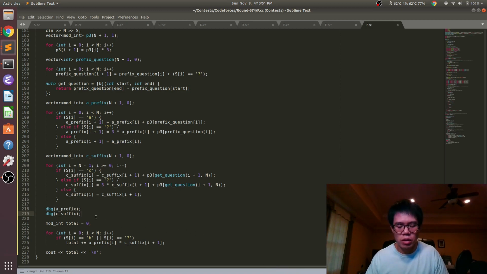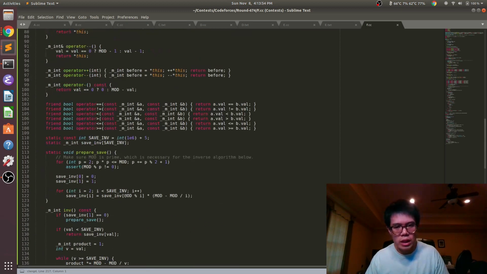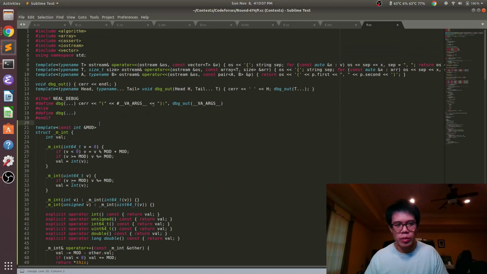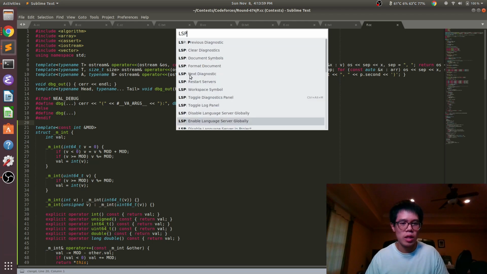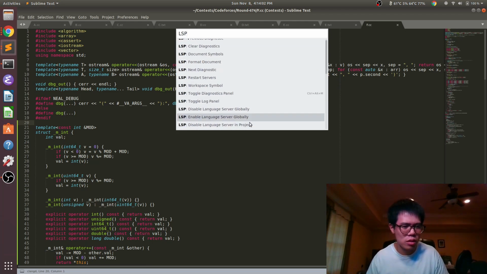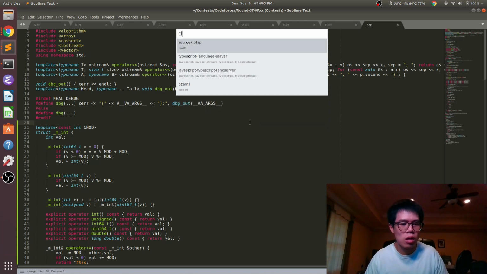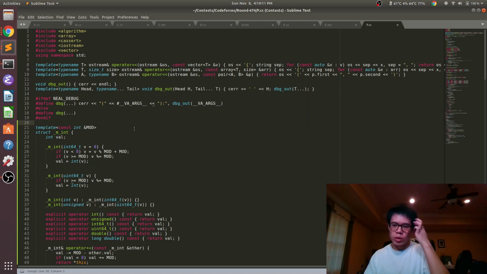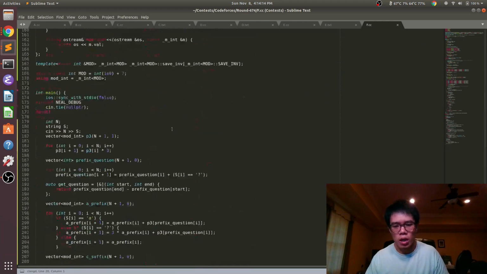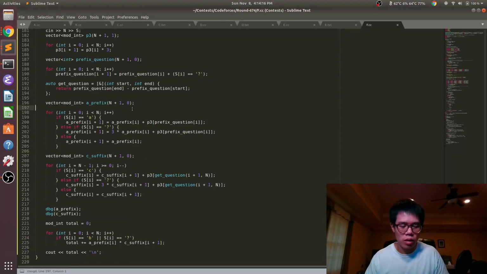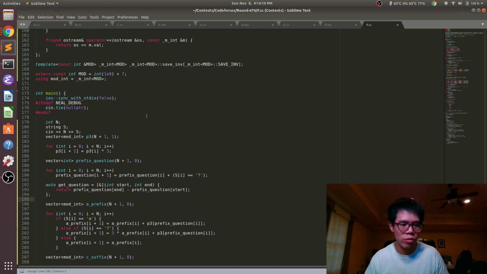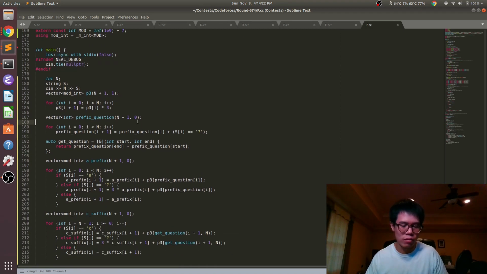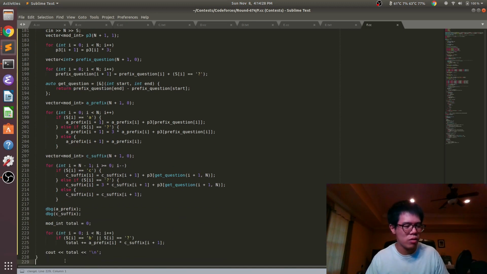So that was specifically clangd. This is actually something that Andrew recommended to me recently. You basically set up LSP with, maybe I need to do this. I think it's already enabled. I'm not sure why it's not showing up. But you set up Sublime with LSP with clangd, and you get just like compile checking as you go. And so that way you know right away if you have some sort of error warning. Yeah, if someone knows why it's not showing up right now, let me know. I'm not actually sure.